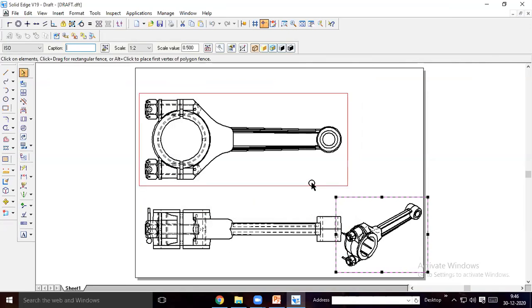This is how you have to do the connecting rod. Is it clear? Yes, sir. Is it clear? Okay. Yes, sir. So we'll